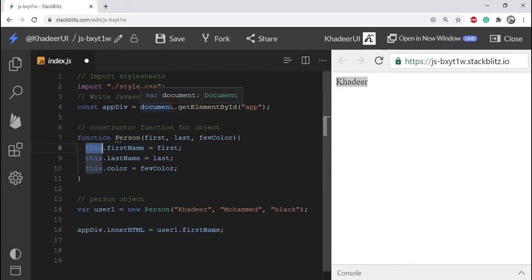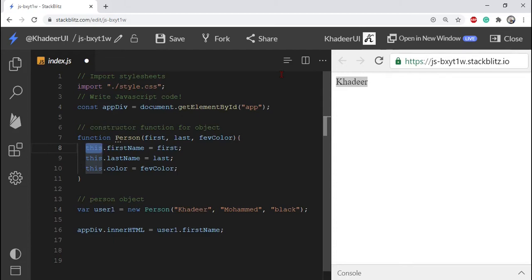Sometimes we need a blueprint or class for creating many objects of the same type. Objects of the same type are created by calling the constructor function with the new keyword.